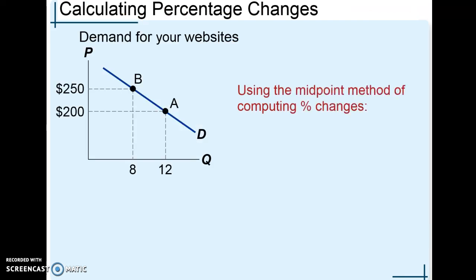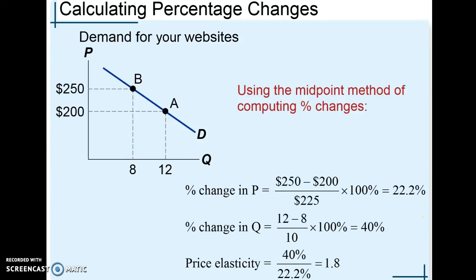So let's go back to our previous example. Using the midpoint method instead, we're comparing the difference between A and B. So 250 minus 200, divided by the midpoint between these two numbers. The midpoint between 250 and 200 is 225. Multiply it by 100, you get